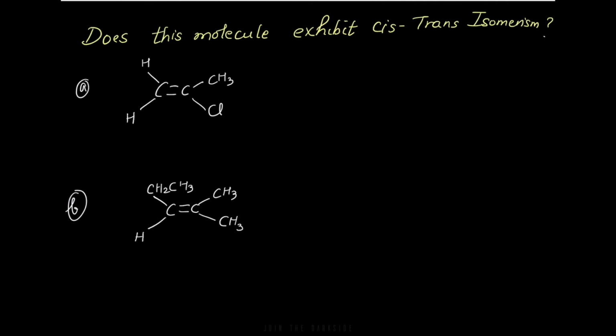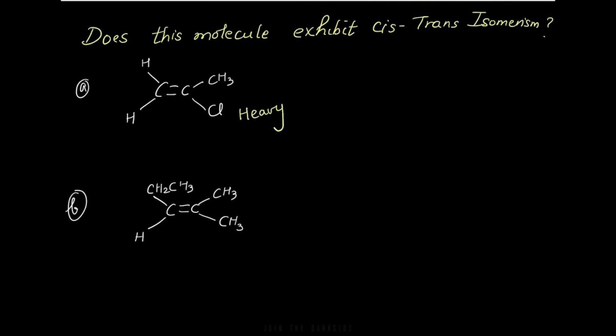Okay, so now let's do some exercises here. Does this molecule exhibit cis and trans isomerism? Let's figure that out. We have the double bond, yes, and on either side of this double bond you have two groups. You're going to assign which one is going to get high priority. So between chlorine and CH3, which one is going to weigh higher? The answer would be